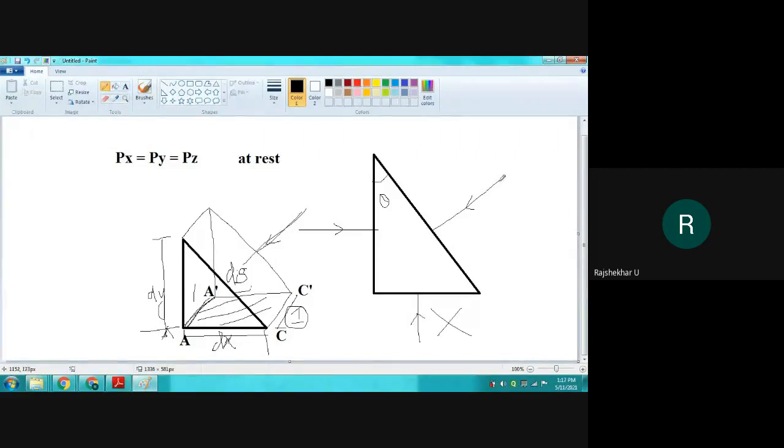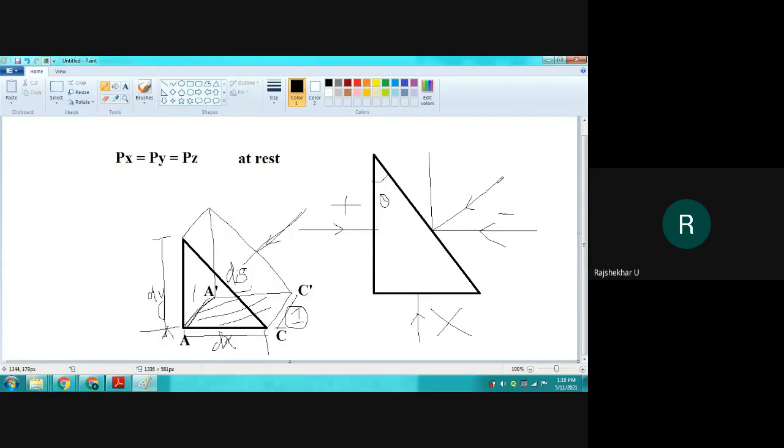This force we can resolve. If I resolve this force, one component will be in x direction and the other in y direction, correct? The one acting in x direction is opposite to the direction of x. So if I take this as positive x direction, this will be negative x direction, right? This we already know, and this we have to calculate.